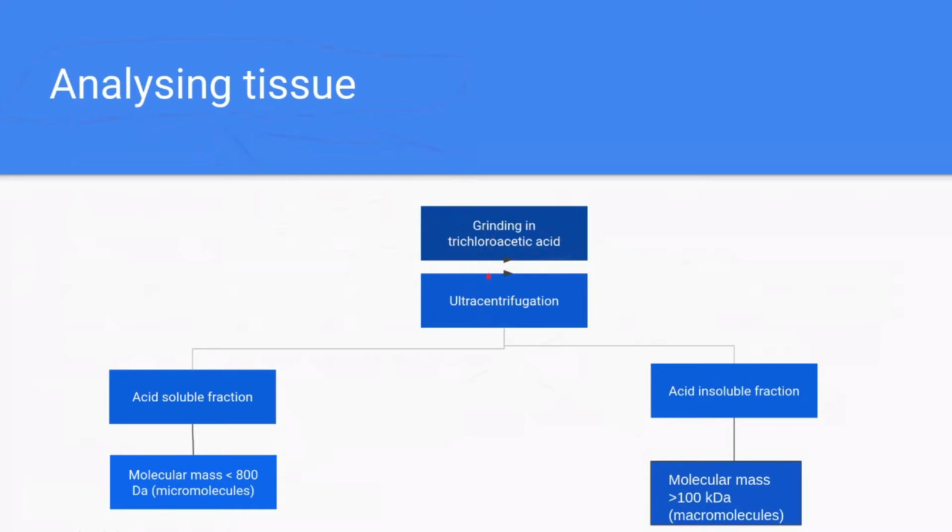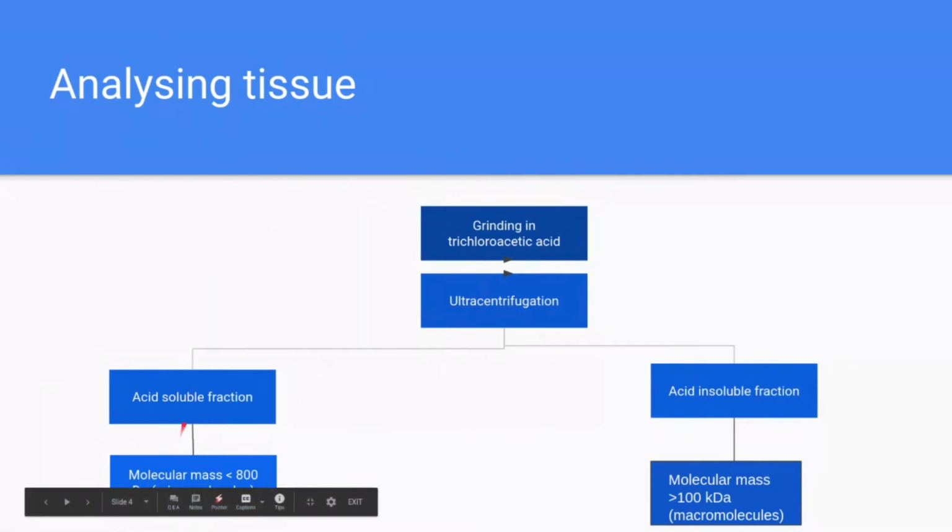You grind it, then you take what you ground and centrifuge it with a high angular velocity, which is called ultracentrifugation,